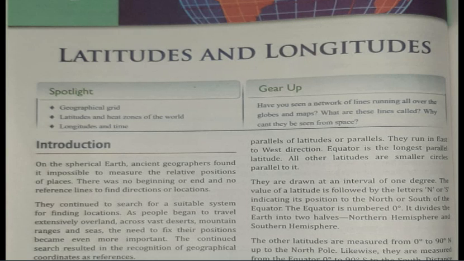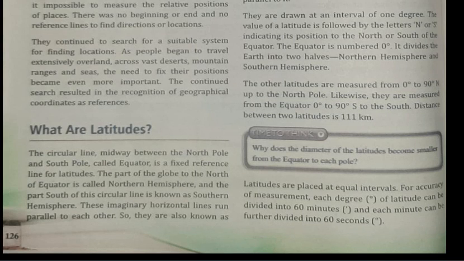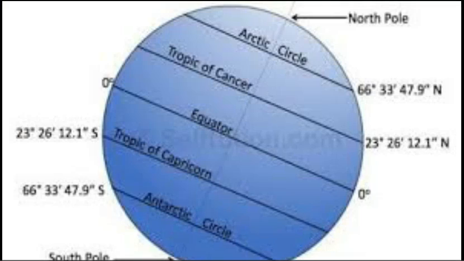Latitudes are of unequal length. The equator is the longest latitude, and each circle becomes a smaller ring polewards till the circles are reduced to mere points at 90 degree N and 90 degree S. Important latitudes are 0 degree equator, 23.5 degree north, Tropic of Cancer, 23.5 degree south, Tropic of Capricorn, 66.5 degree north, Arctic Circle, 66.5 degree south, Antarctic Circle, 90 degree N, North Pole, 90 degree S, South Pole.